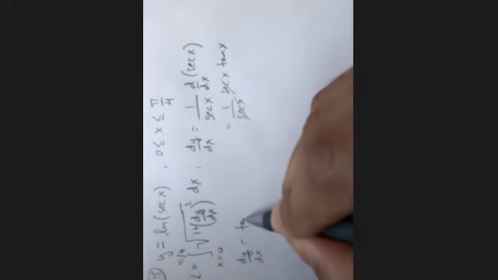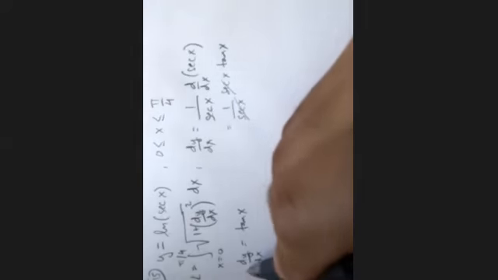So dy by dx is just tan x. So now if we substitute this in the formula for arc length,